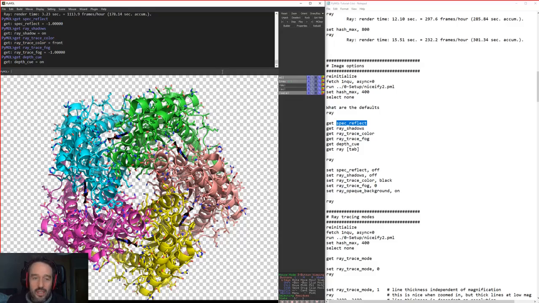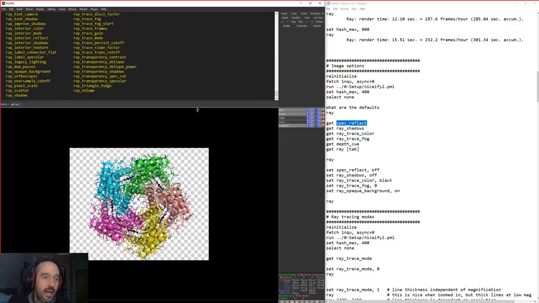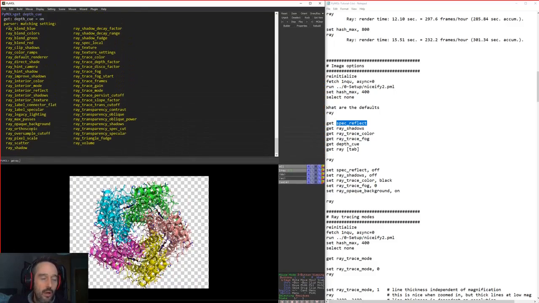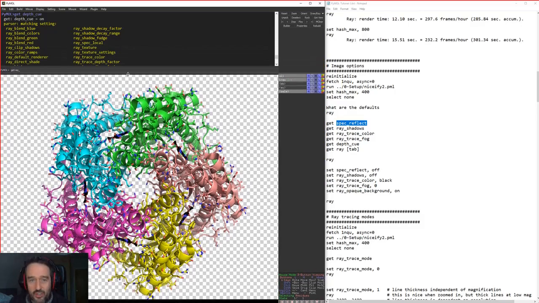What we can also do is, whenever you're doing any programming, you can often use the tab button in order to do an autocomplete. So what we can do is say get ray and then hit the tab button, and here are now a whole list of the different ray options. Now each of these you could stick into Google and you could find out exactly what they do and how to manipulate them in order to do various different bits of processing. And so really for the rest of this session I'm just going to talk about a few of those things.